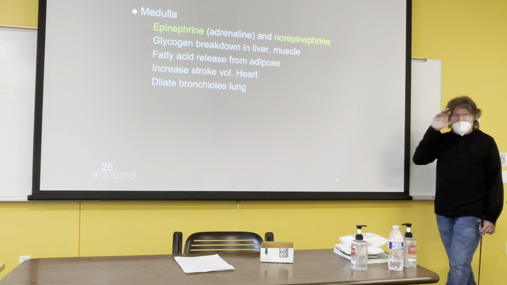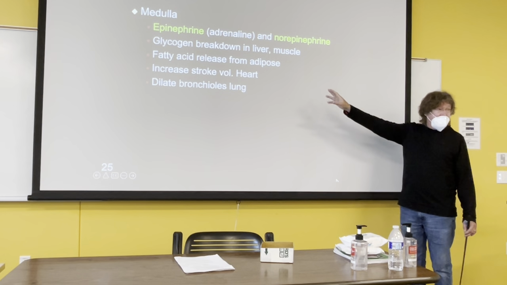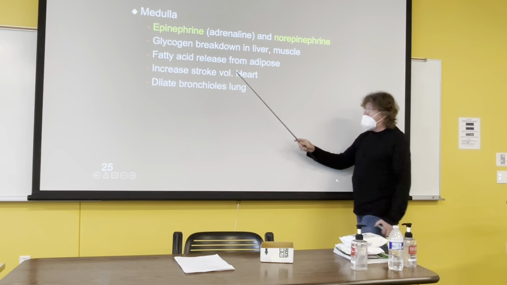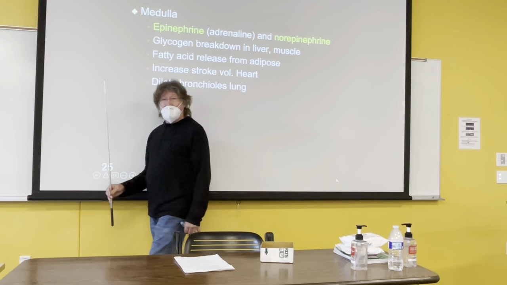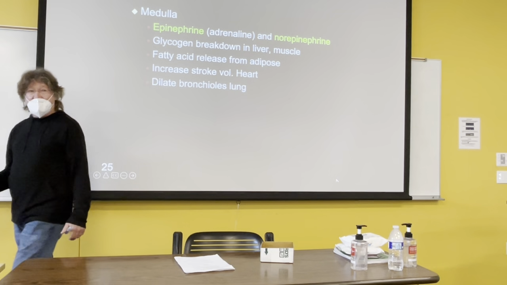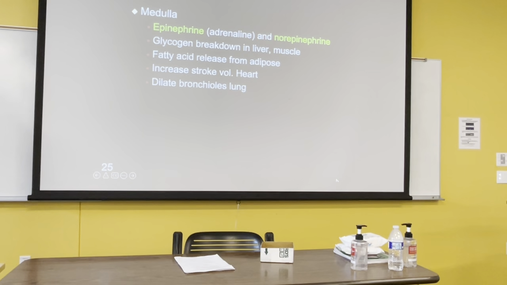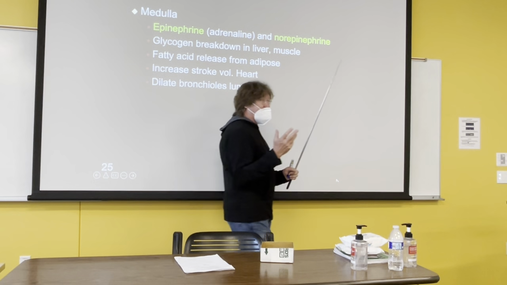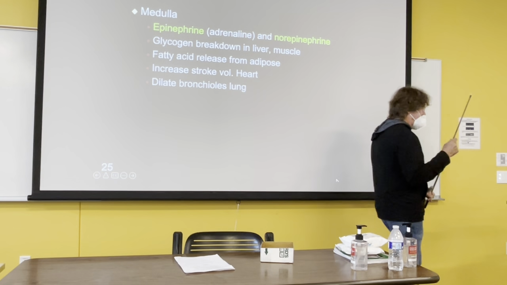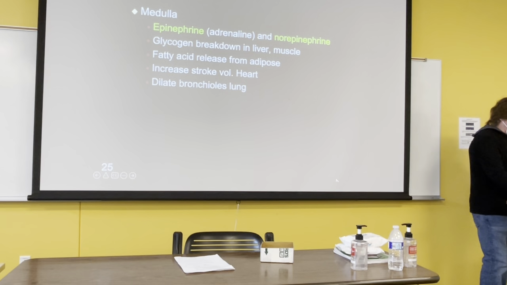Bronchioles, I haven't mentioned this before. Now, some of these I've already given you the targets, but here I didn't mention that earlier. The smooth muscle in the bronchioles, it leads them to dilate. Now, why does that make sense? For responding to acute stress, the bronchioles in the lung get wider. More oxygen, okay? Because we need the oxygen for cellular respiration. So it increases the ability of the lungs to bring in oxygen.